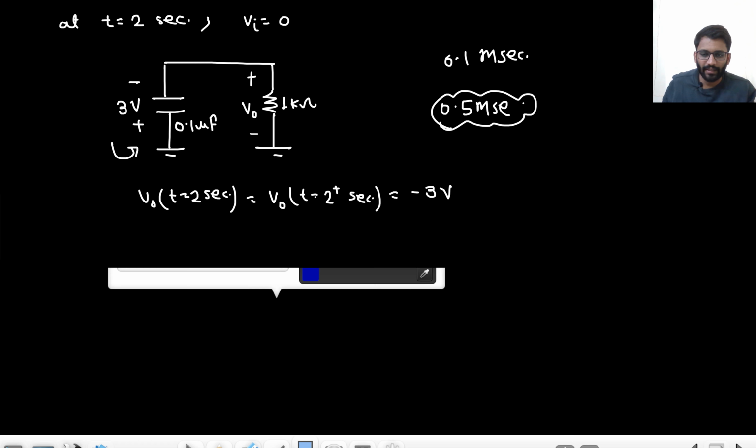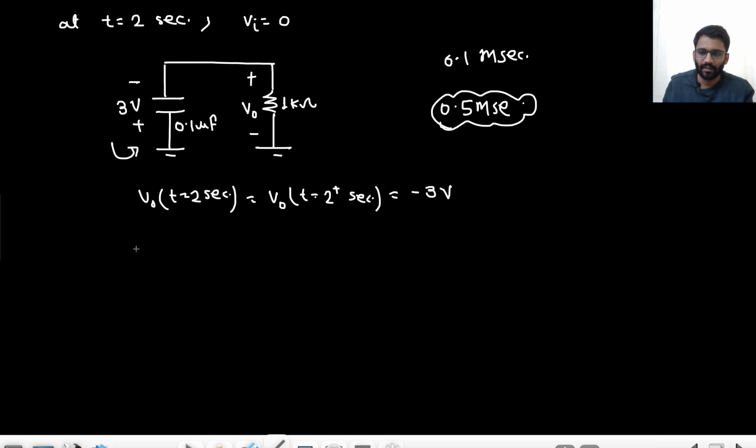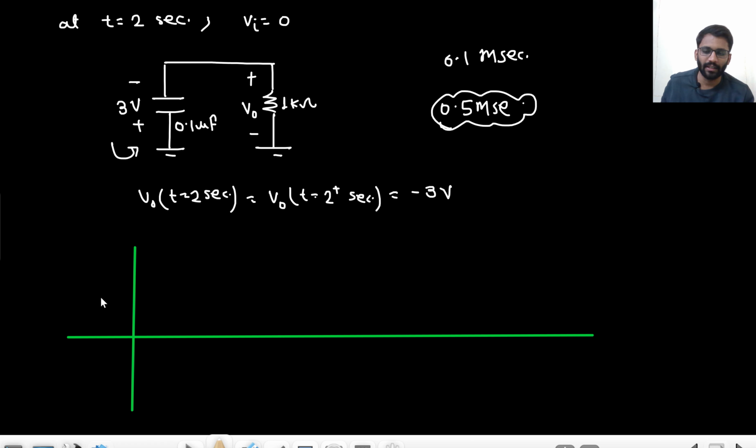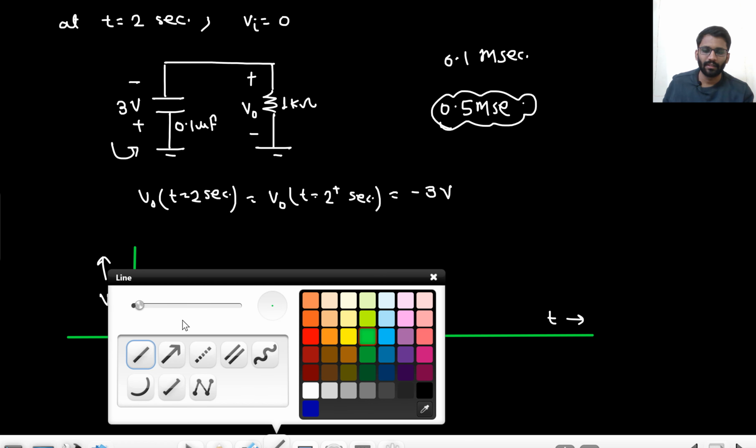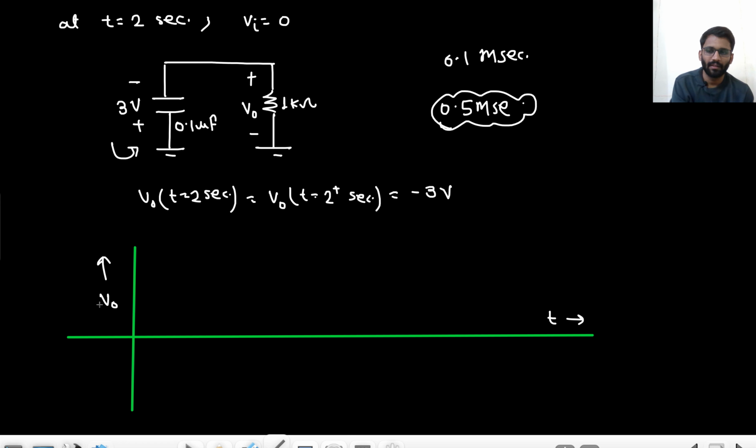So my target here is to give you the complete concept. No one is going to ask you the same question, but if your concepts are clear, no matter how tough a question they frame, you will be able to answer everything, right? I am making the V naught waveform, not the VC waveform. So what is happening? It will start from 3 volt, and it will decay down to 0 very quickly.